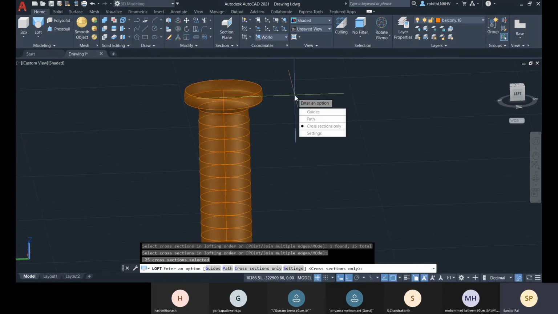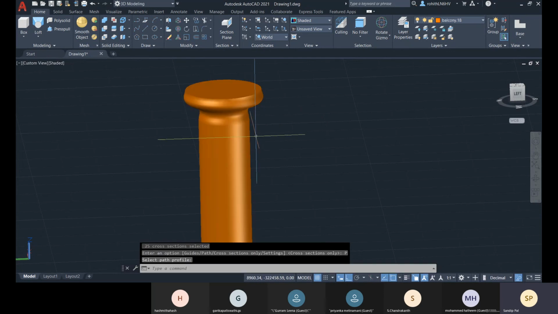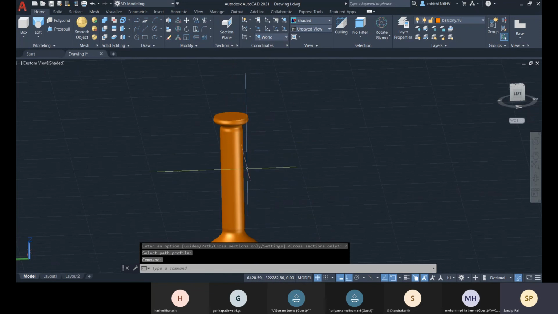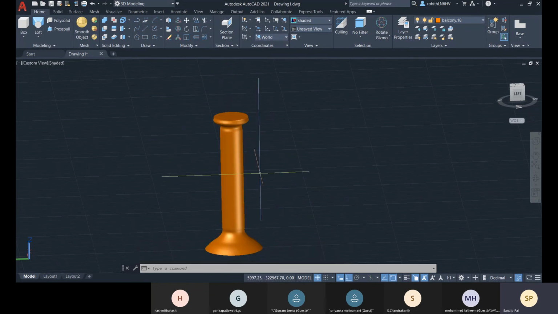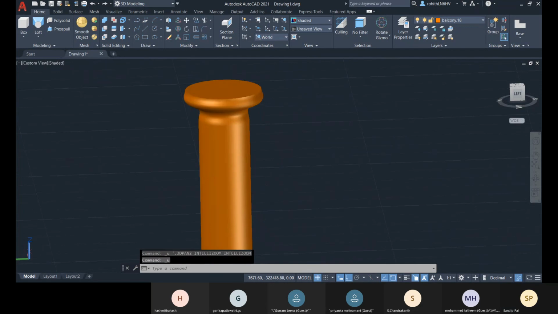And then press enter, and then there you have this path, and you will be selecting this path. So this way you can also direct this. This path can be at an angle, so along that you will get it.